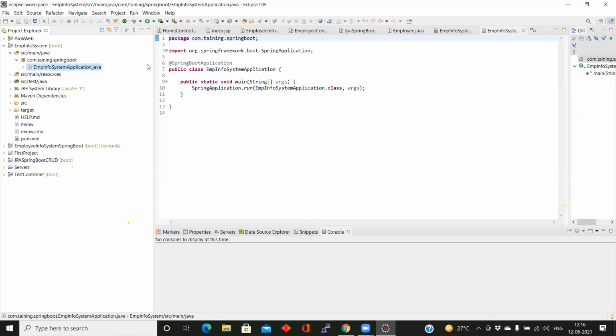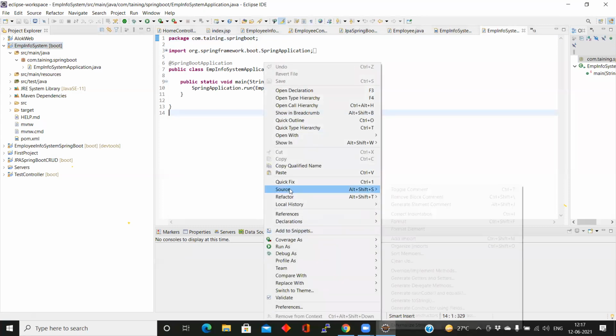It will be clear. Now, if you start this project, right click, or you can click here, run.